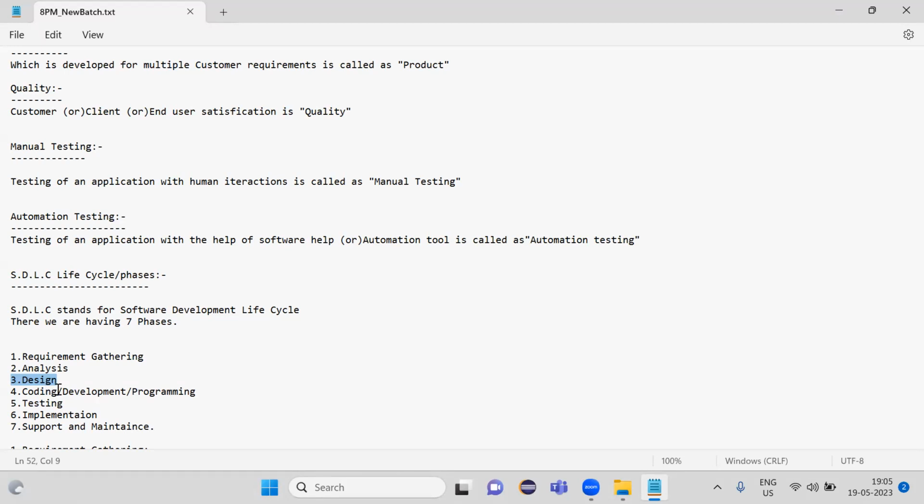This is clear? Coming to coding, who is going to perform the coding? As a developer, they are going to perform the coding. Okay, who will perform the coding? As a developer, they will develop the code based upon the customer